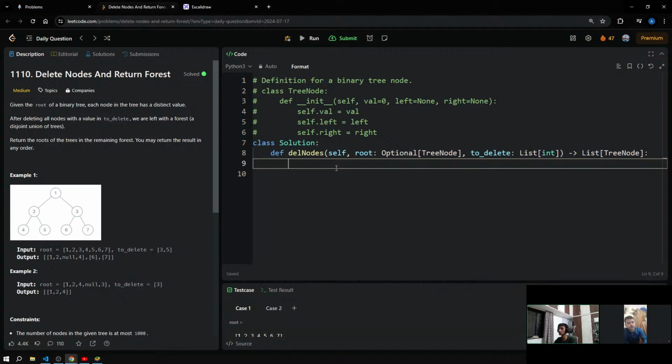First of all, convert the root: root is equal to set of root. After that, no, first of all I have to delete. To delete is equal to